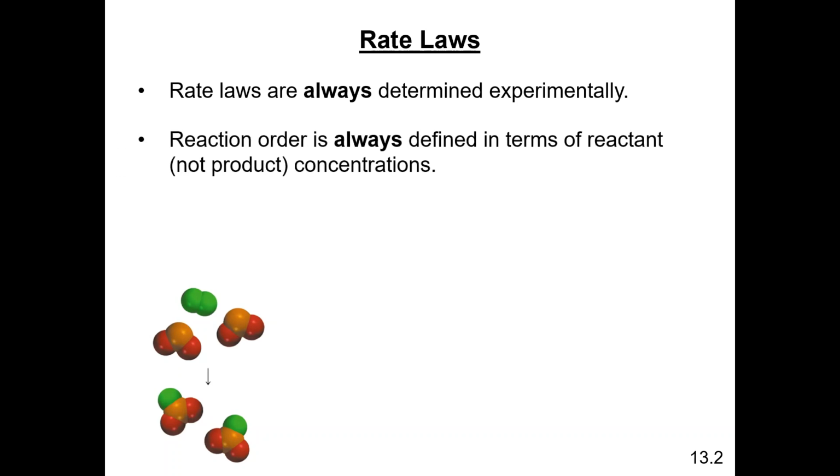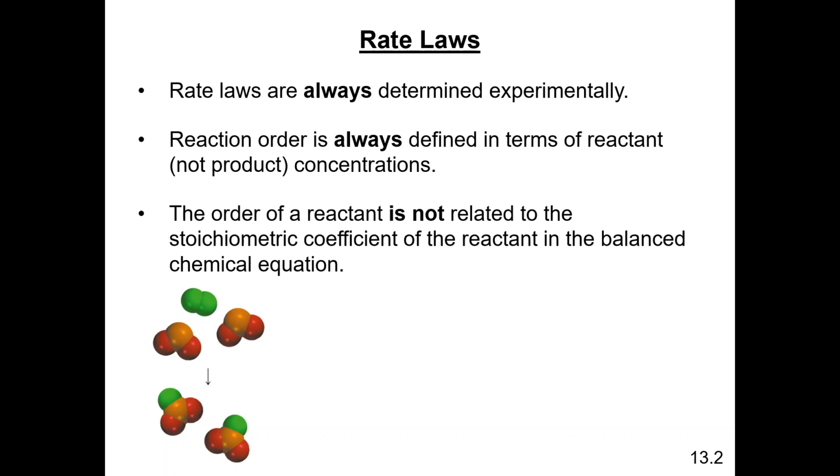Second thing you need to recognize, and this is very important because this is a common error that students tend to make when they're meeting this topic for the first time, and that is that the reaction order is always defined in terms of the reactants and not the products, all right? So we don't look at the products to determine the reaction order. We look at the reactants, and the reactants are the ones that will be involved or present in the rate